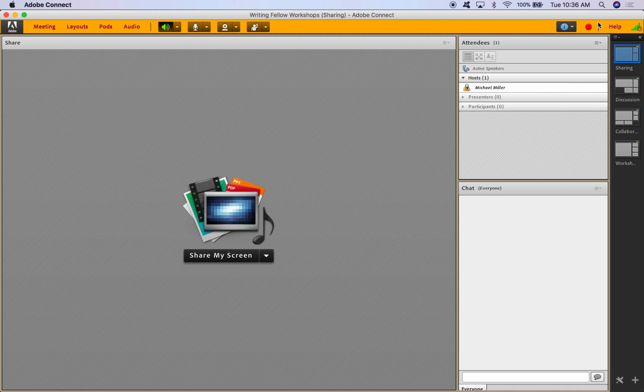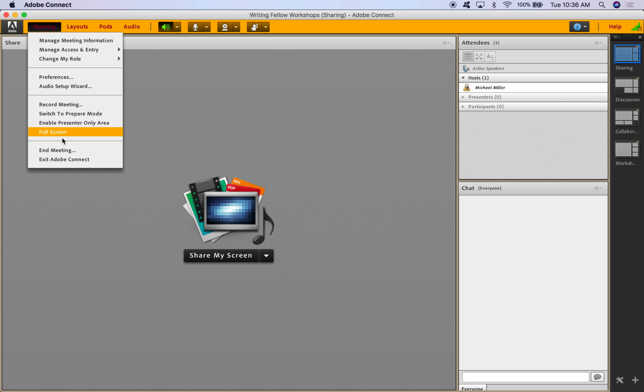This is a good option too if you need to halfway through click on the little red option, and again you can pull this up to either pause or stop recording. So let's say I've gone through my entire workshop, the hour is ended, so before I tell students goodbye, I go ahead and stop the recording, and then at this point we can end the workshop. So to do that, we'll just go to End Meeting,